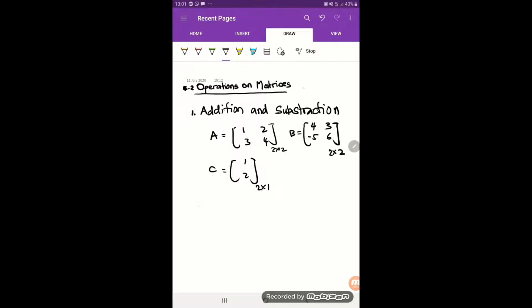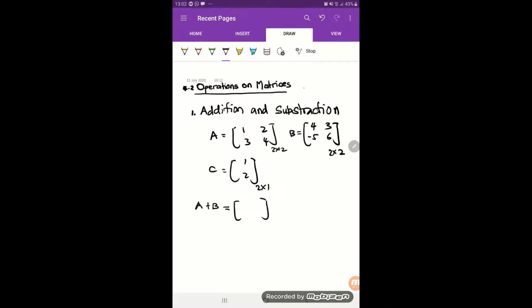How to do the addition between matrix A and matrix B? You can see there, matrix A and matrix B have the same orders. So the addition between matrix A and matrix B is defined. Matrix A, the element of A11 plus matrix B, the element